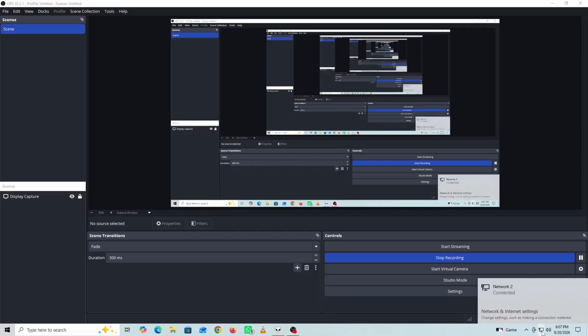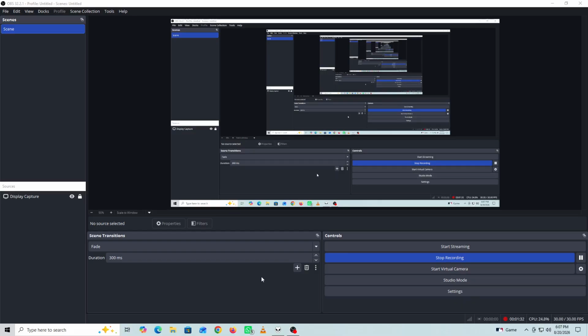After making these changes, start another test stream and watch the stats window. If dropped frames